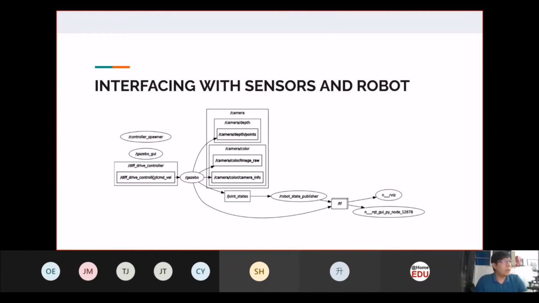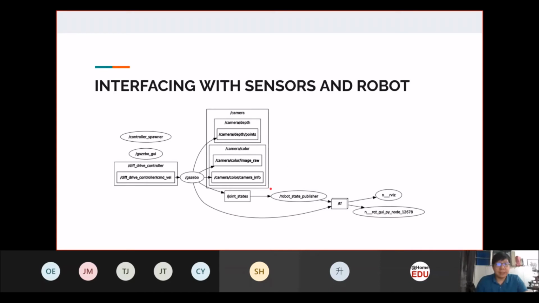Once you have the Gazebo ROS plugin, you can have all these nodes over here that publish topics related to the output from the simulated environment.